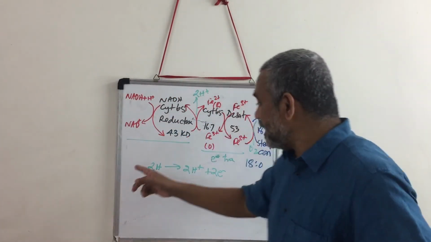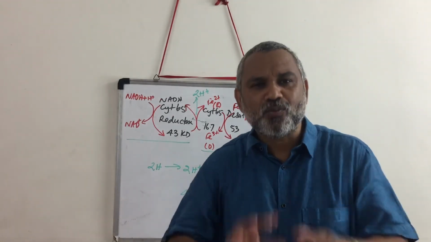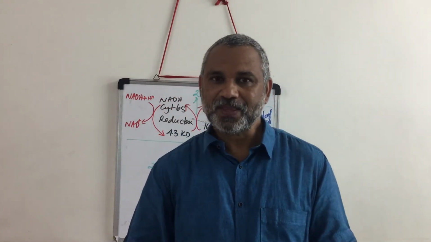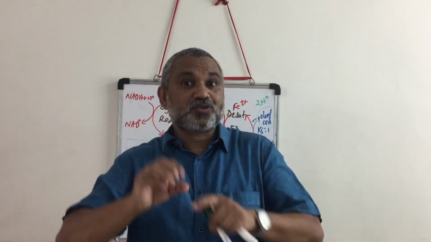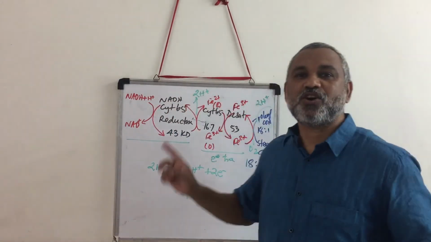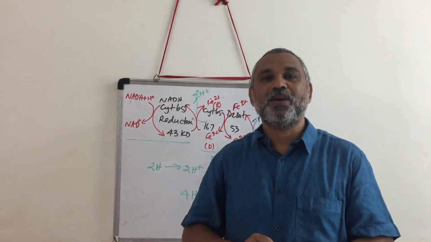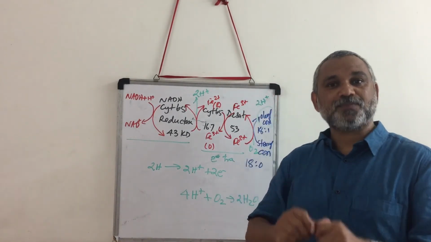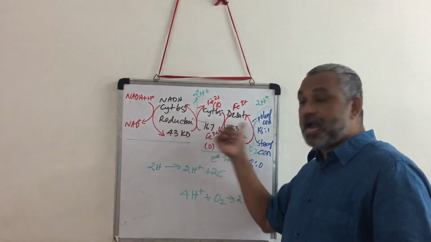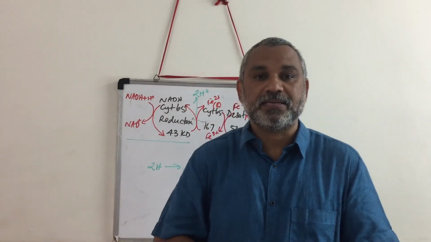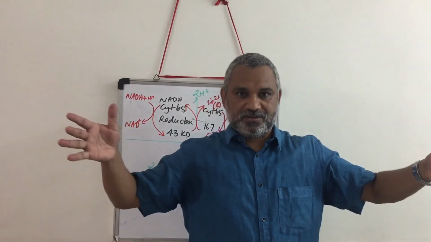This occurs in the microsomes. You know what microsomes are? They are those vesicle kind of things attached to the endoplasmic reticulum. This electron transport occurs in the microsome, therefore it is called microsomal electron transport. Microsomal electron transport is used for unsaturating fatty acids. So this way we can make unsaturation.